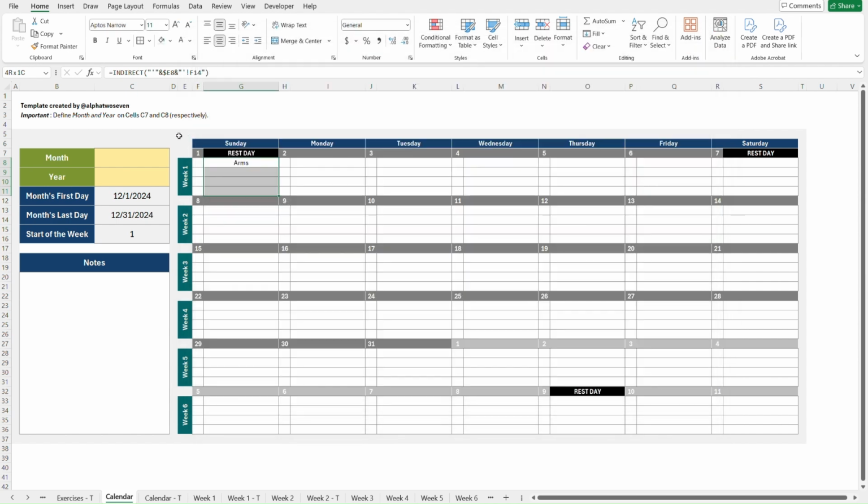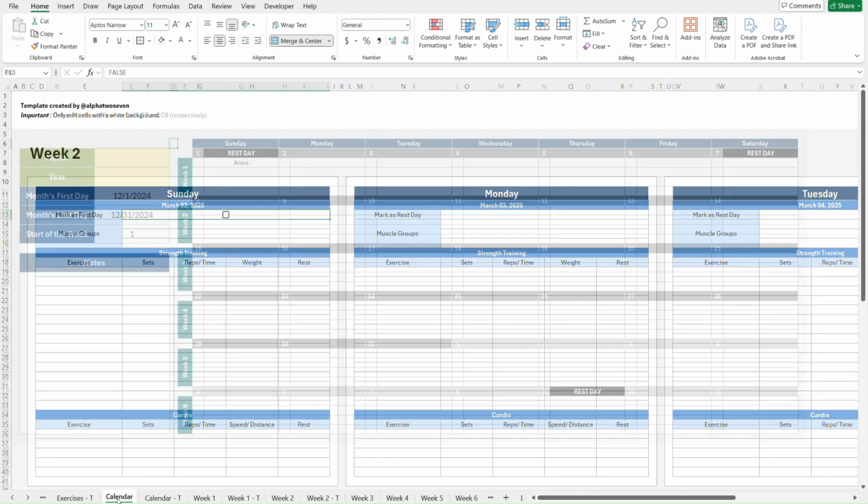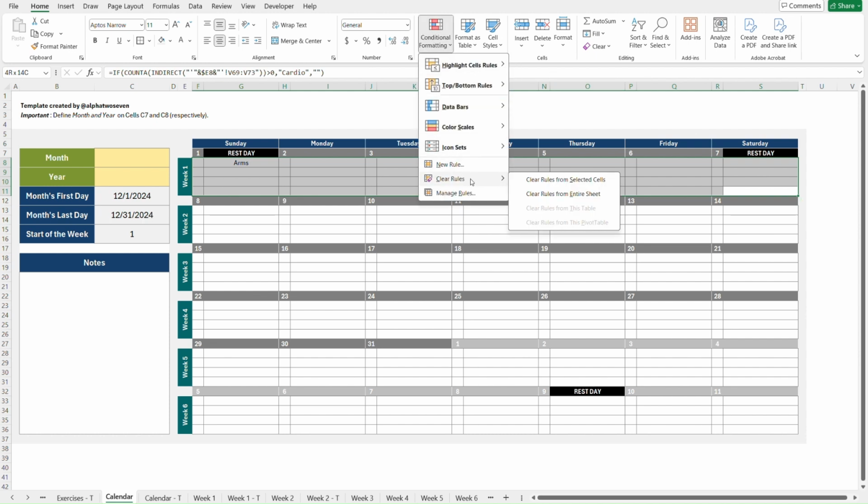Whenever a checkmark is activated, its value is true. Whenever it's not activated, it's false. You can see here, if it's activated, it's true. If not activated, it's false. So probably the easiest thing to do is to select the entire thing. So here, not with the numbers. So only the week where the muscle groups and cardio are being fetched and displayed. And then clear the rules only from selected, and then add again the